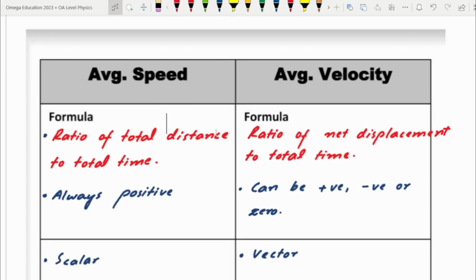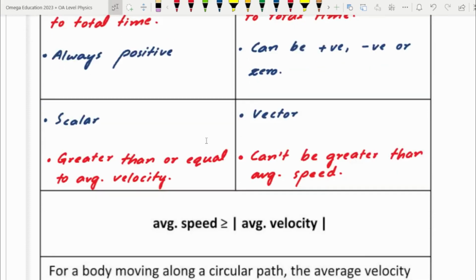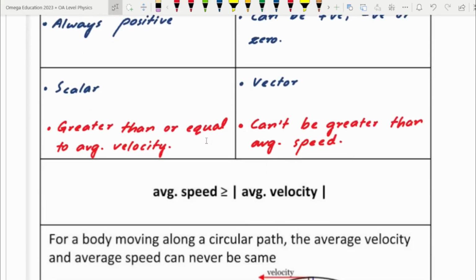For example, average speed is always positive, average velocity can be positive and negative, and even if an object is moving, the average velocity can also be zero if the object returns to the same point. So average speed would always be greater than or equal to average velocity in terms of magnitude. And keep it in mind,